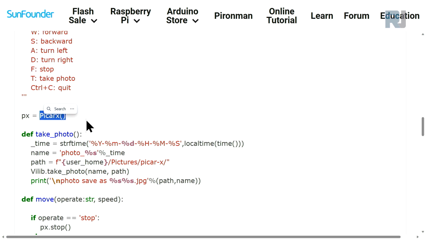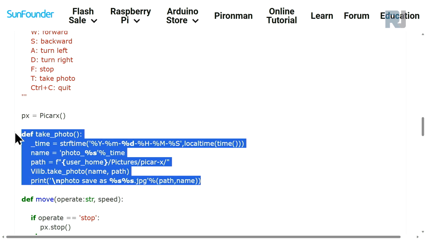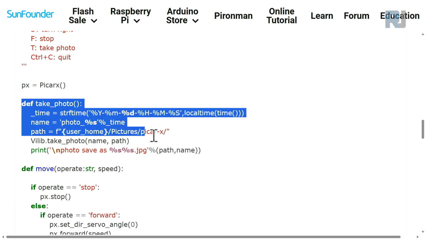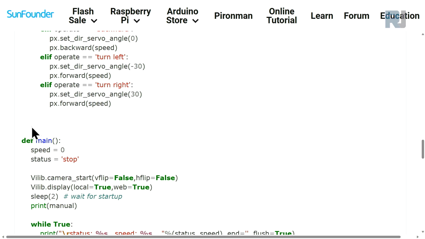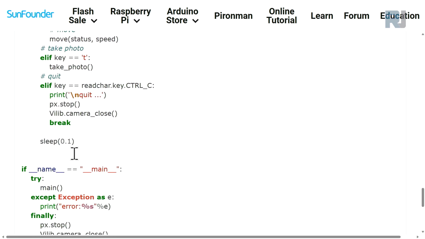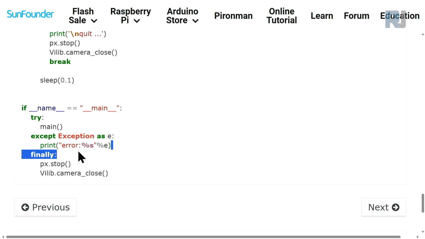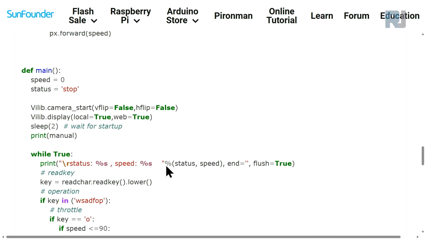We are using the PiCAR-X class, creating an object called PX, and this method is taking the photo, and I'm going to explain it. And then we have another method called move, which starts from here up to there. So this is all about moving, and this is the main one, which runs up to here. And this one will run the main, it starts from here, and if there is an exception, it will print the error, and finally it runs the stop and closes the camera. Now,